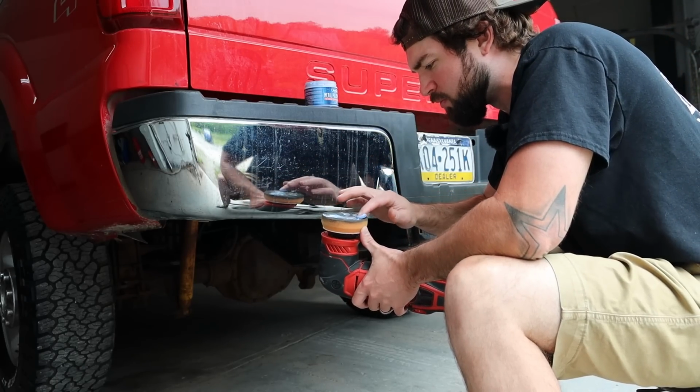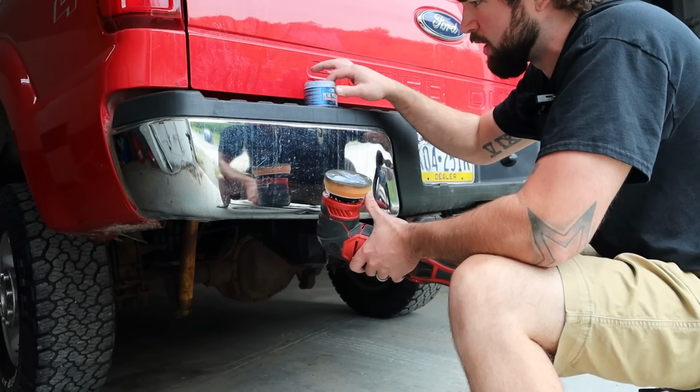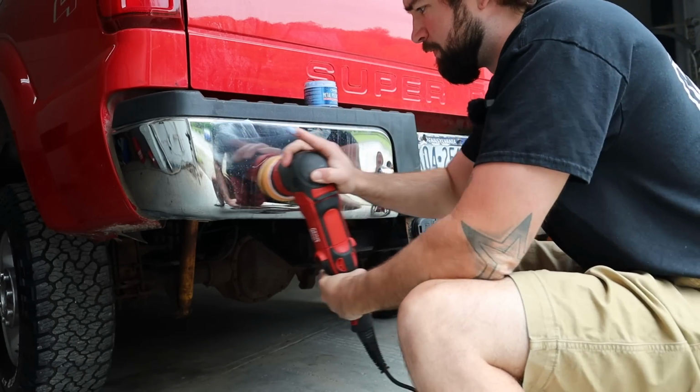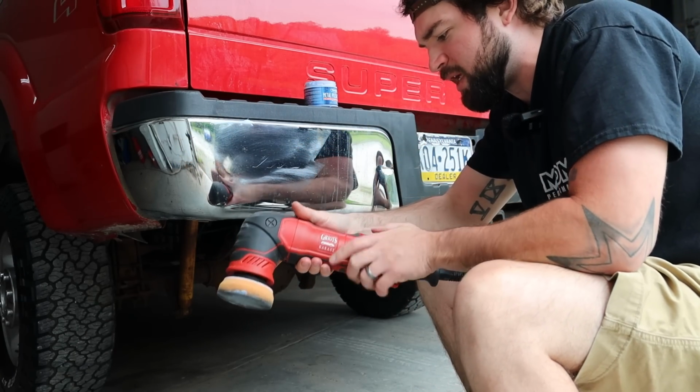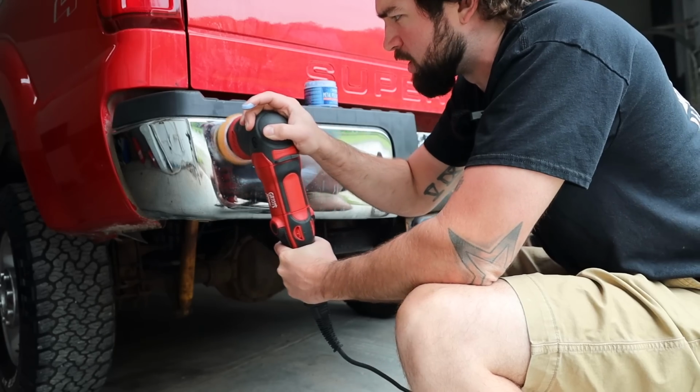You know, this stuff really works well, and it goes a long way. So I just get a little bit on there. You get a little bit on the bumper, whatever. Get it spread around. And I put this on low speed, so I'm on speed 1 right now. And I just hit the bumper real quick,